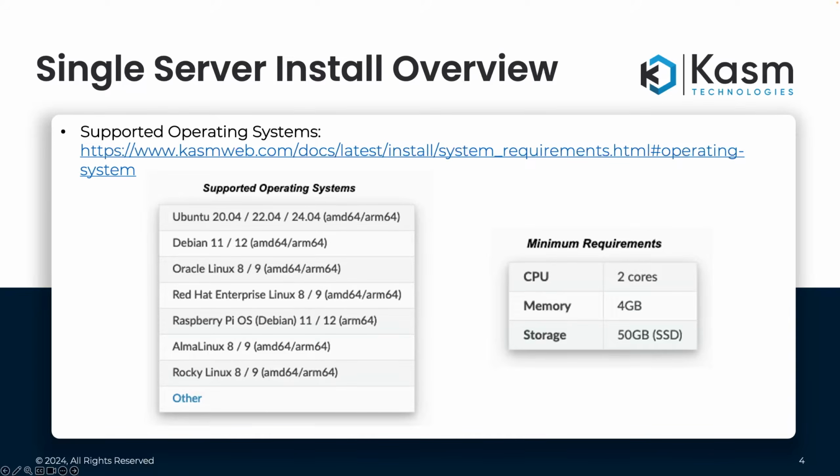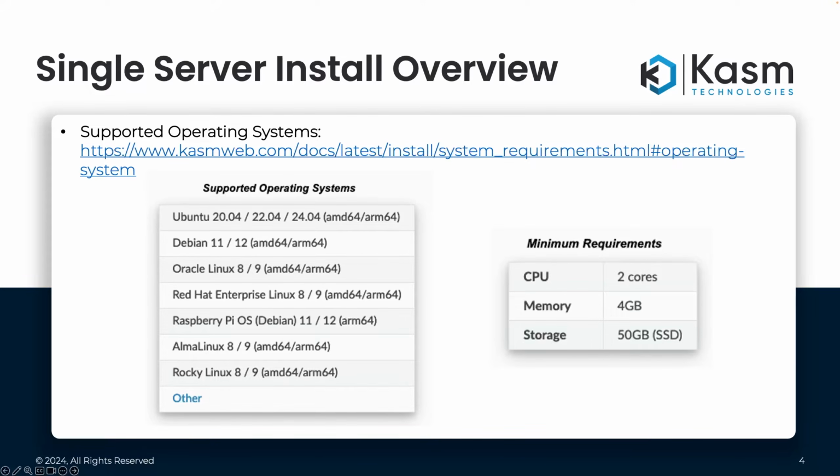So over here on the left are supported operating systems. We support any Linux operating system with Bash, OpenSSL, Docker CE, and Docker Compose pre-installed. The reference there in my screenshot for other sends you into another part of our documentation. It highlights how you may prep a Red Hat 8 or 9 to check for and install those prerequisites in preparation for a Chasm Workspace install. So for today's session, we will be using Ubuntu 22.04 for our single server build.